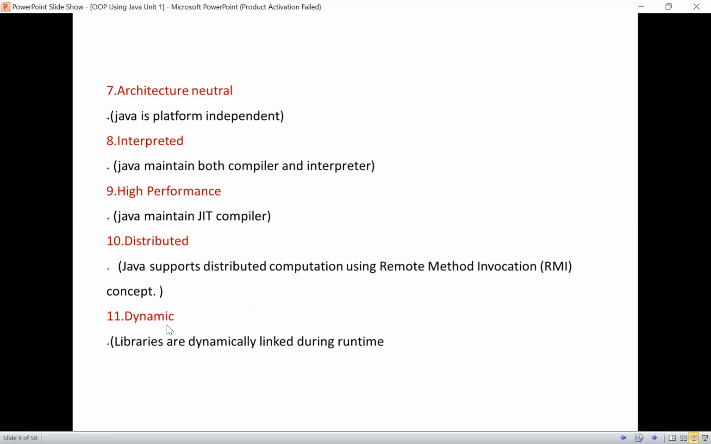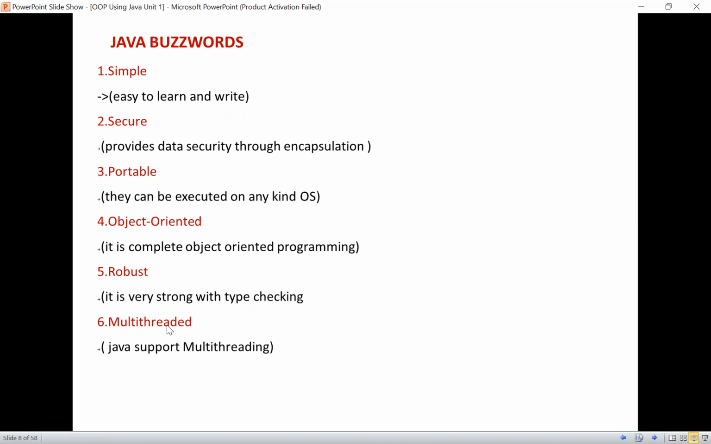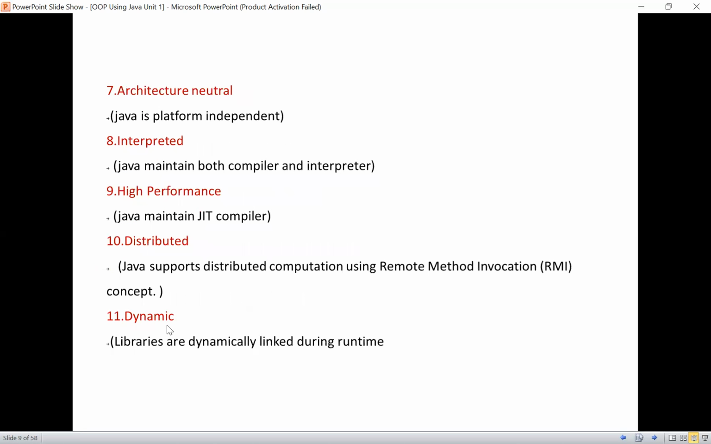So these are the buzzwords we have to know whenever we are making use of the Java programming language. We can say these all act like advantages or special features of Java to use. In the next video, we are going to discuss what a class is and what an object is,